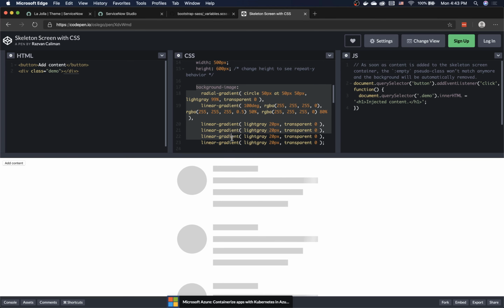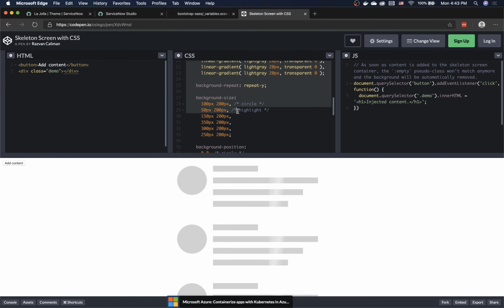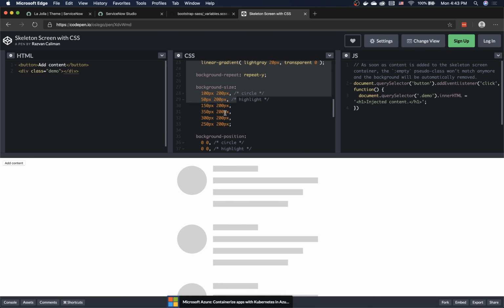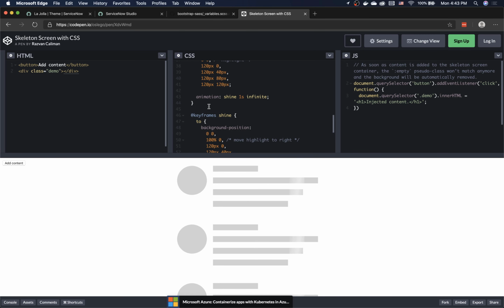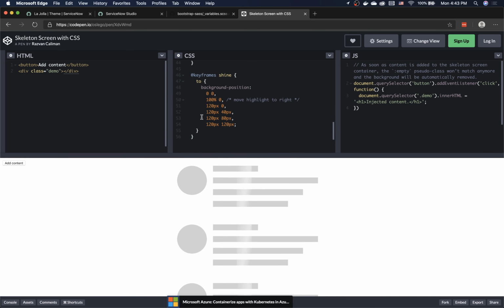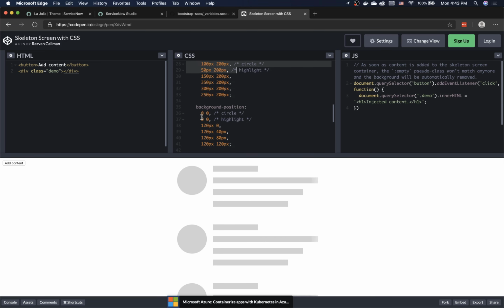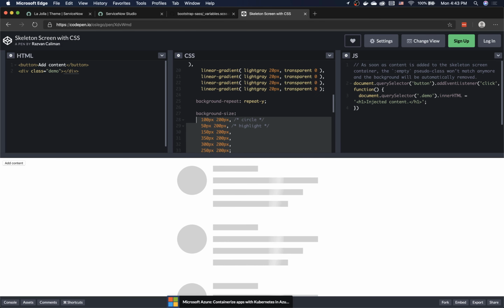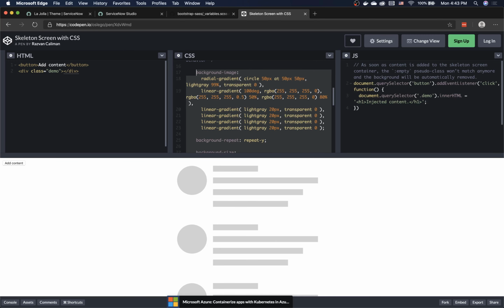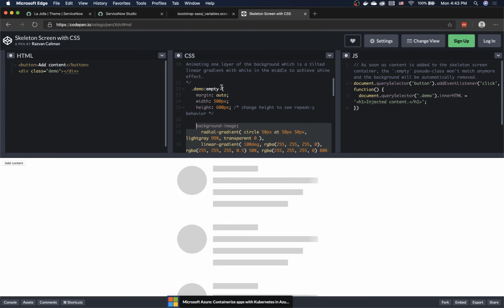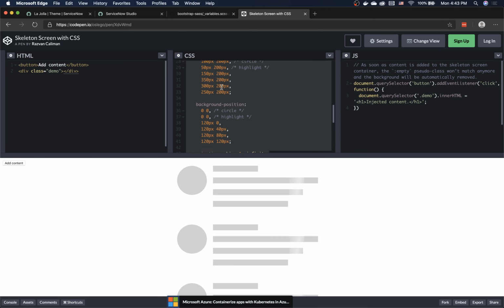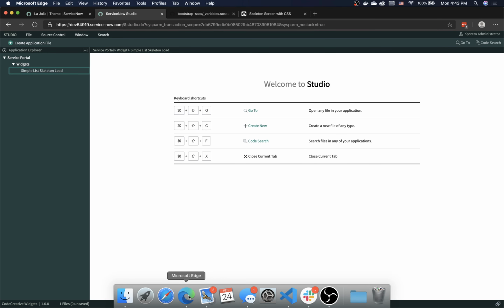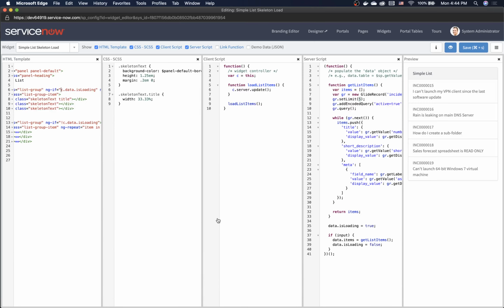I should be able to actually take most of this. It looks like I should be able to leverage a lot of this here. Background image, background size. Yeah, I'm actually feeling pretty good about most of that. Probably want to change the light gray, but we'll work that once we get it in place. And then I'll have to add the keyframes as well. So keyframes is an animation concept,